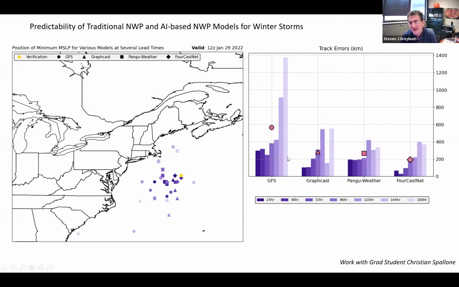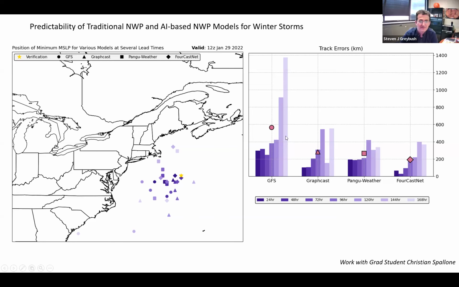is physics-based, and then GraphCast, Pangu Weather, and ForecastNet, all of which are using AI models to approximate the physics. But they really just learned it by using reanalysis data, matching inputs to outputs. And so you can get a sense for the track errors. And remarkably, the track errors are really good here. So they're even beating the GFS here as far as track, as a function of track error at different lead times. You can see lead time going from short range in the dark colors to further out in time